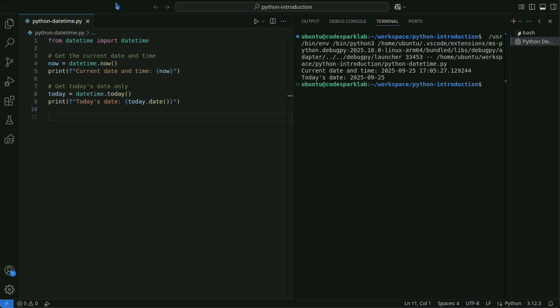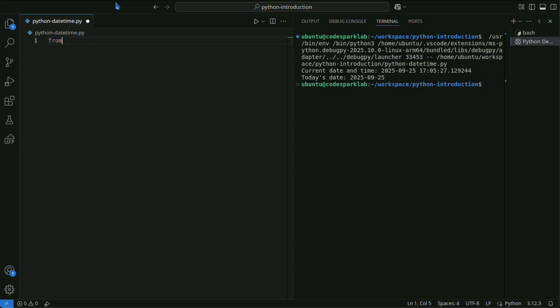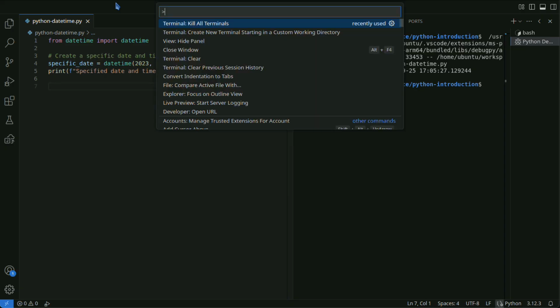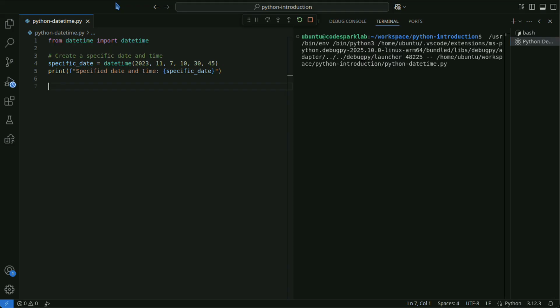You can create a specific date and time as follows. This code creates and displays the specified date and time, November 7, 2023, 10 hours 30 minutes and 45 seconds.